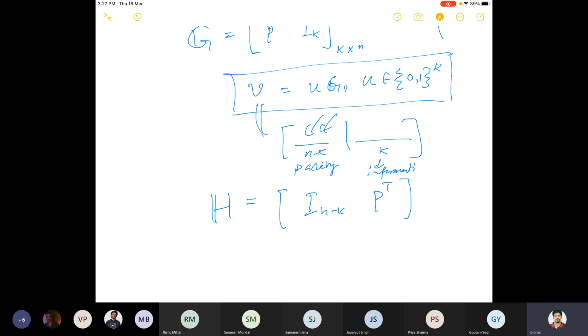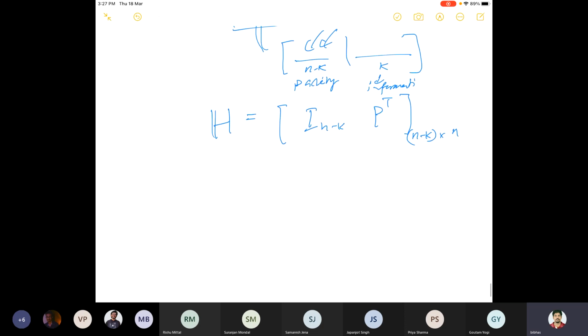So this is (n minus k) times n, right? And we also said that G times H transpose is equal to 0, which essentially means